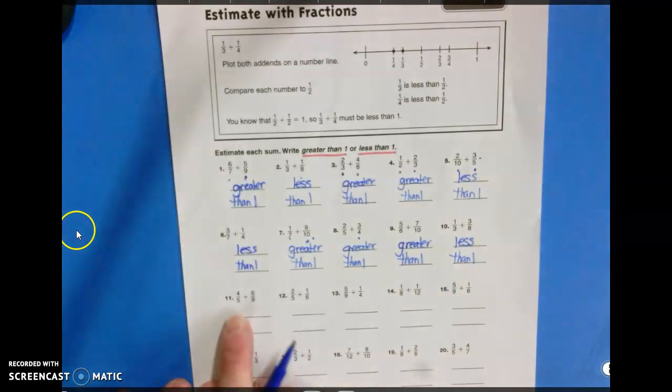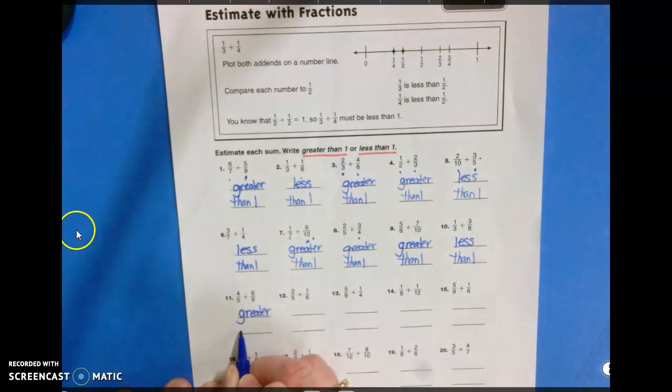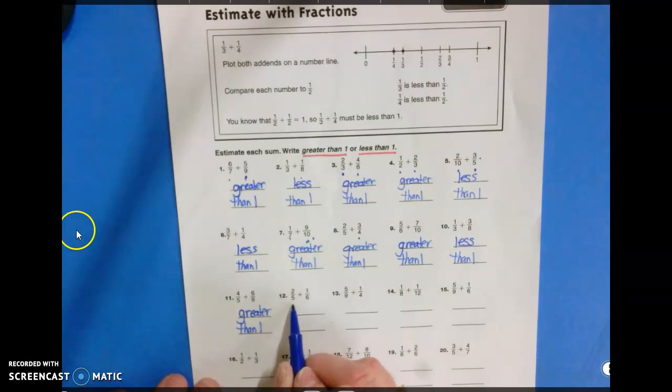Number 11. 4/5, counting order, a good chunk of the stick, and 6/9. My brain says, what's half of 9? Oh yeah, 4.5. So both of those pieces are greater than half. That gives me an estimated sum greater than 1, because you know a half and a half together will make 1. 2/5 and 1/6. Yes,